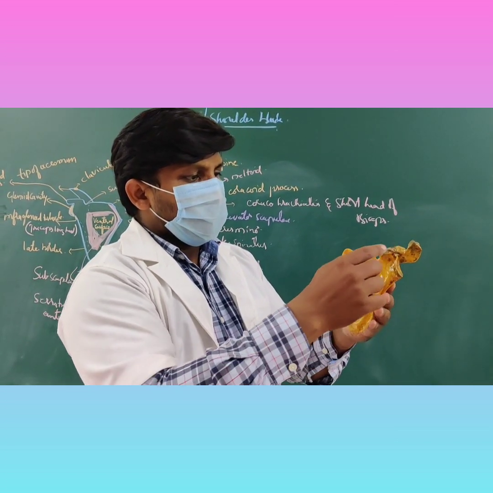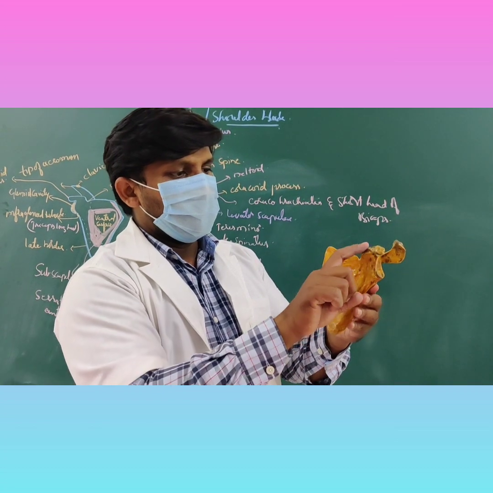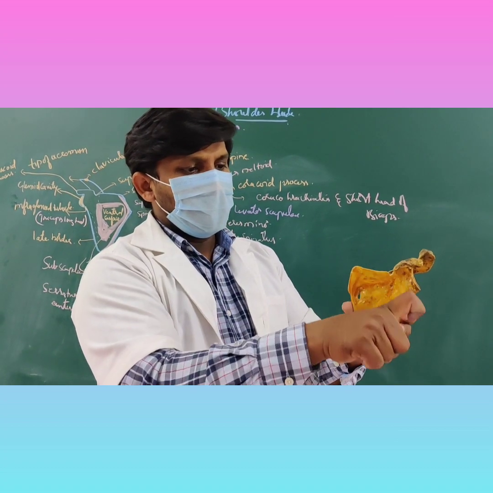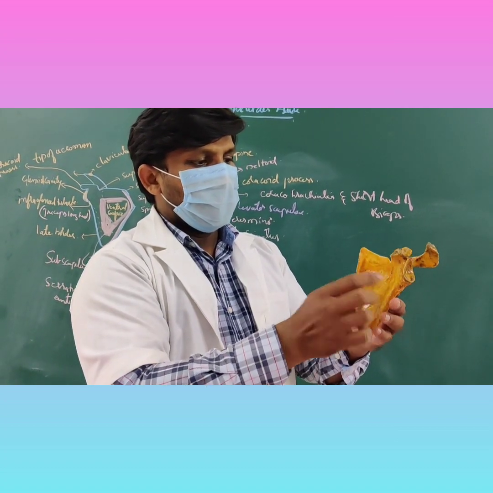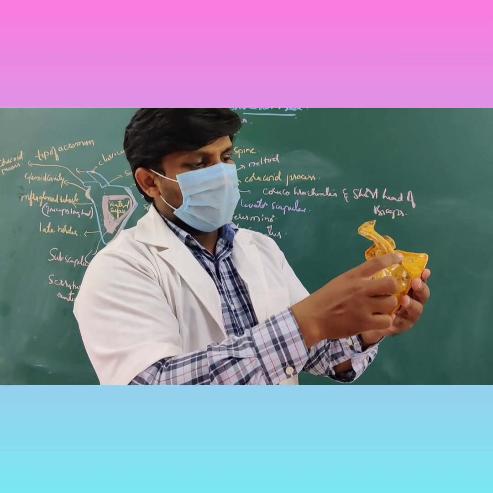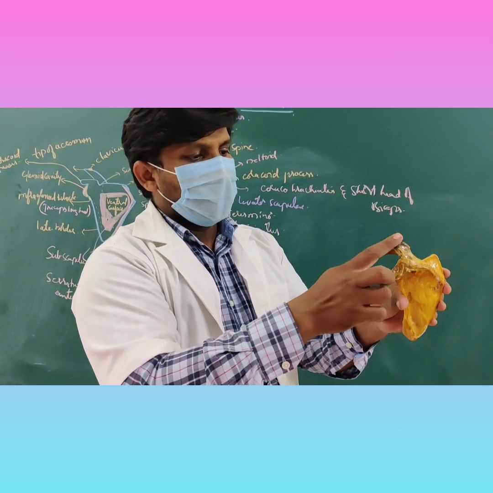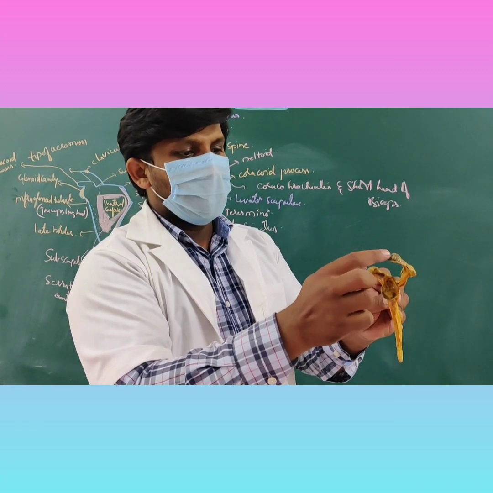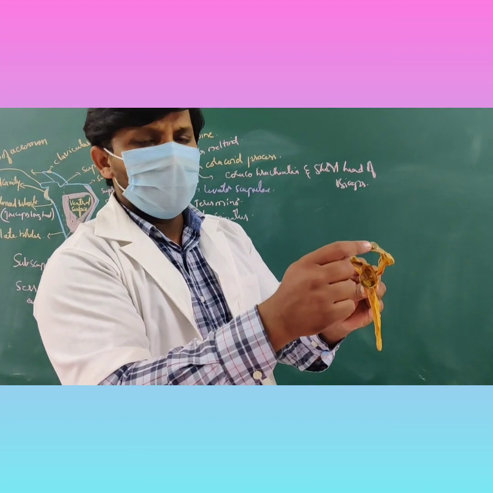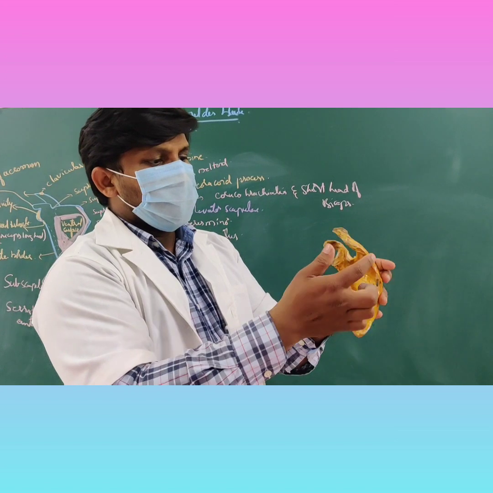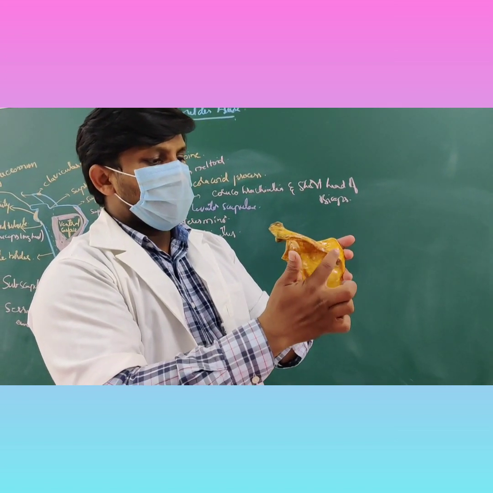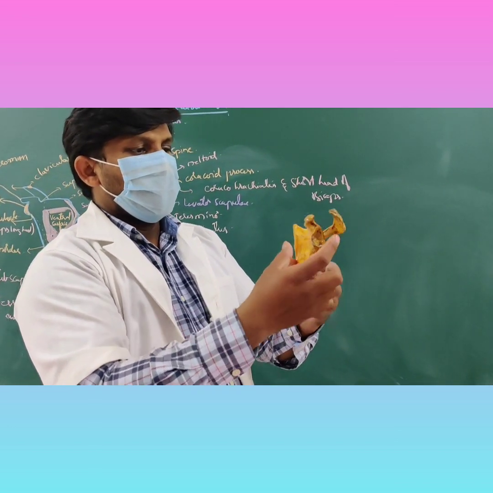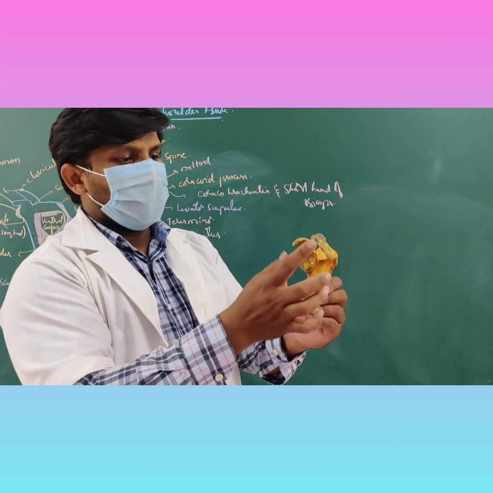Then coming to the various processes of the scapula, we have one process here. This is the coracoid process of the scapula. It is like a twisted finger. Here on the posterior aspect, this is the spinous process. Spinous process continues as the acromion process. The acromion process has an articular surface for the articulation of the clavicle to form the acromioclavicular joint. So there are three processes: coracoid process, spinous process, and acromion process.